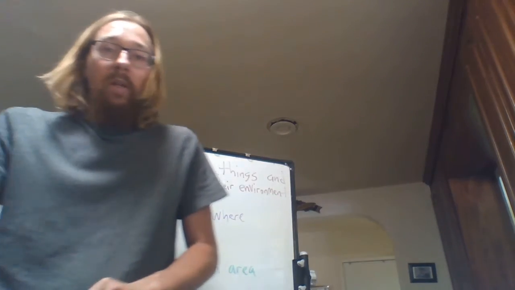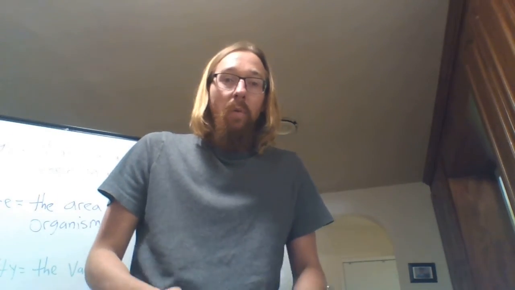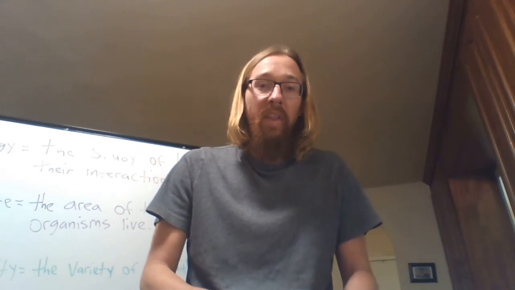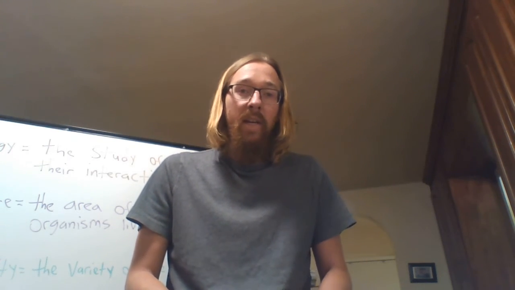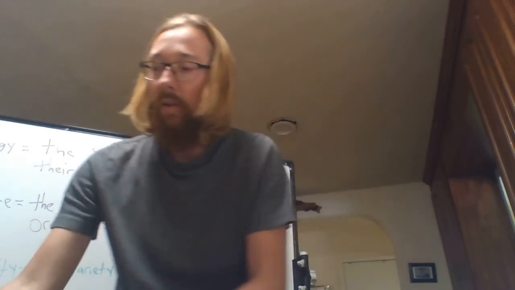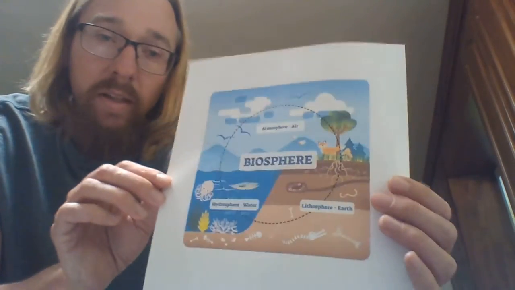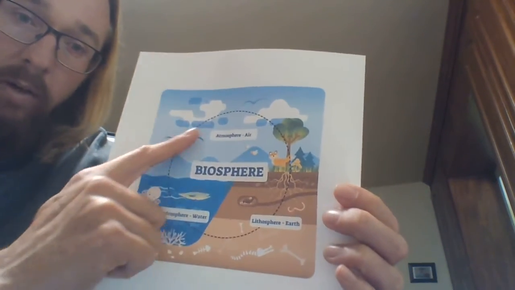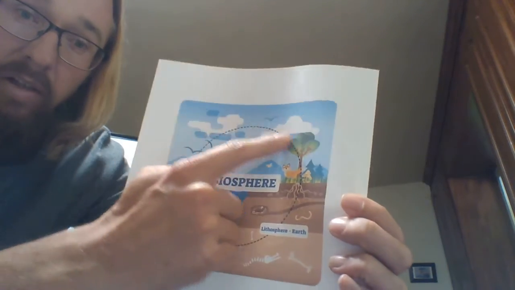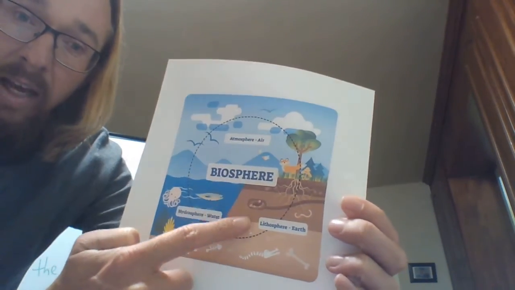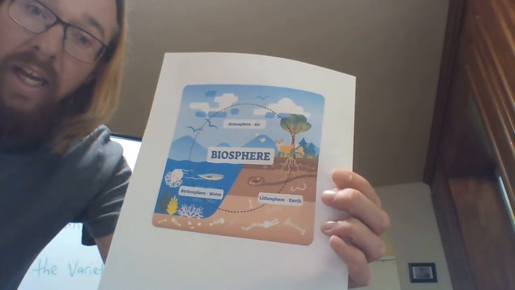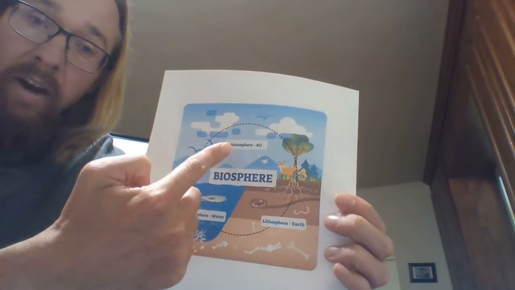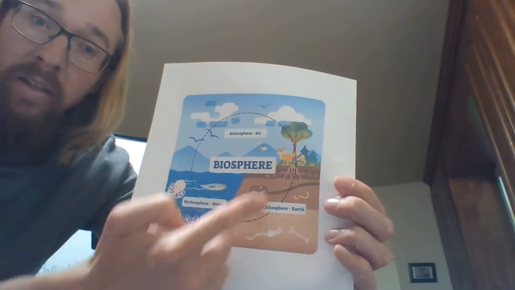All right? So the living things that we'll study will be part of a biosphere. A biosphere is an area where things live, and this area includes things that can sustain life. Take a look at this image here. I posted this image to the slideshow so that you can better see it, but I just want to talk about it right now. So here's the sphere, and this sphere includes all living things and the resources that sustain these living things. So the biosphere includes soil, water, and air,